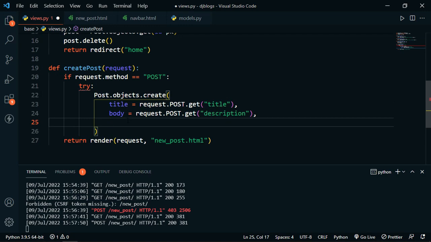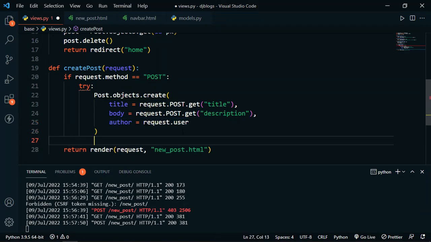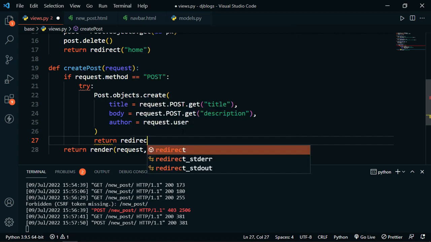Just type here author equals to, to get the current logged in user, we have to type request.user. So don't worry about this, we will discuss more about this later. Now if the post is successfully created, then we will redirect the user to the home page,